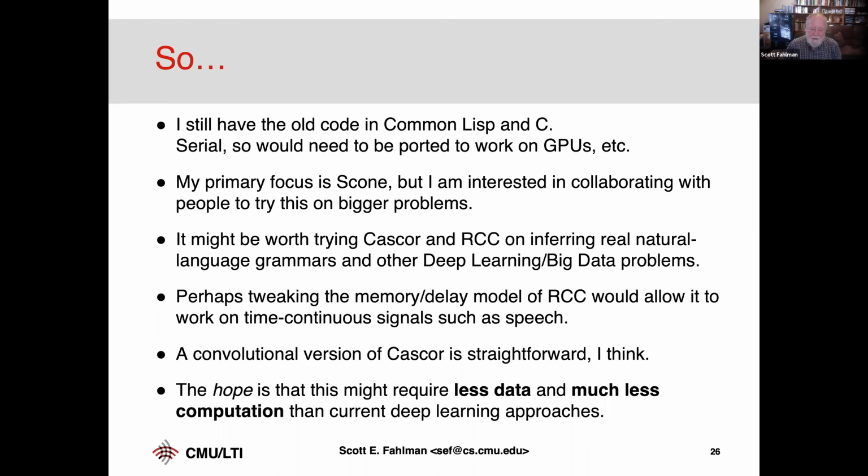I think it's fairly straightforward to come up with a convolutional version. Just some of the units in the candidate pool would be convolutional units that look at the whole network, slid around. And since you can train them in parallel, you can afford to have some of those. Each one's got a processor all its own, perhaps. And the hope is that this approach might require much less data and much less computation than current deep learning approaches. I think there's some things here that we might exploit and make some real progress on doing deep learning without heating up the planet so much.